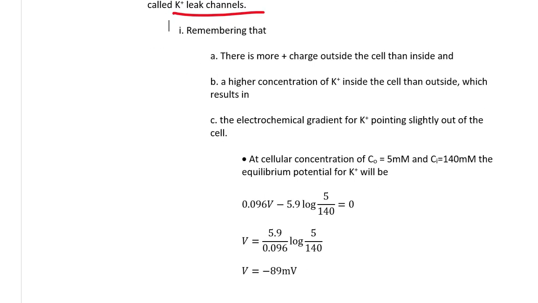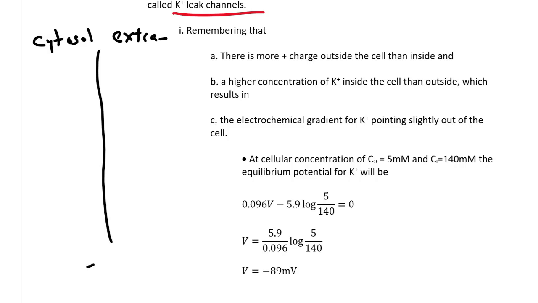Remembering there's more plus charge outside the cell than inside, because when you're at minus 70, you're negative inside, positive outside. A higher concentration of potassium inside the cell than outside the cell results in the electrochemical gradient for potassium pointing slightly out of the cell. So we have a few things. Let's just draw this out. Here's my membrane, extracellular here, cytosol here. We're at resting membrane potential of minus 70 millivolts. We're slightly positive out, slightly negative in. So potassium,